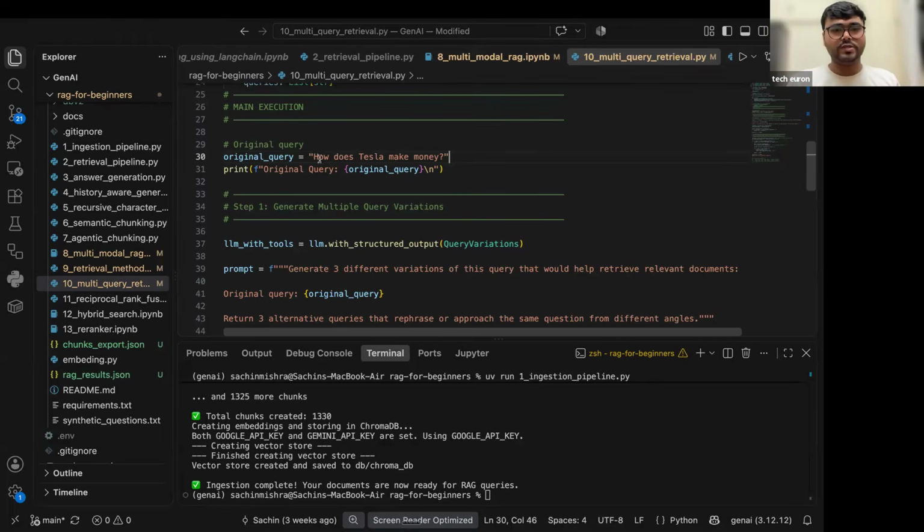So initially, let's say for this query, we have set the top k documents to be 5. So with this query, we were only able to get the 5 initial documents from the vector database. Now, there is a possibility that it might have the answer, it might not have the answer. But when you generate the variation of these queries, you will be able to get the 15